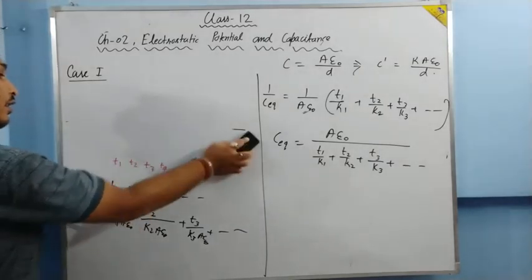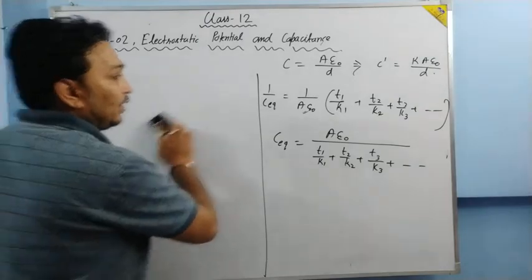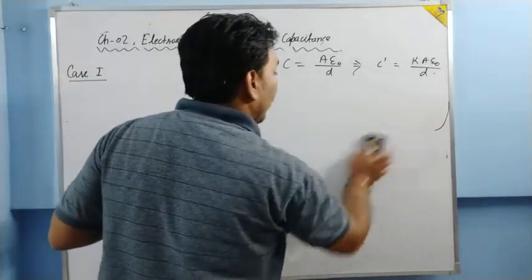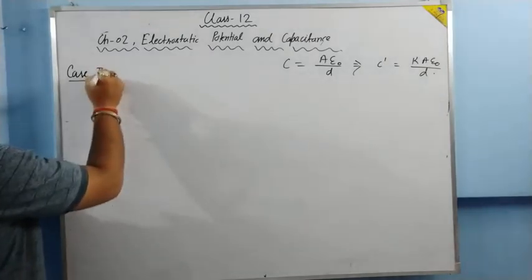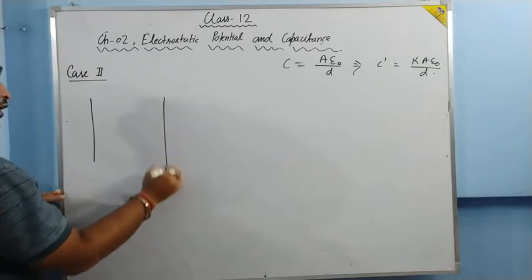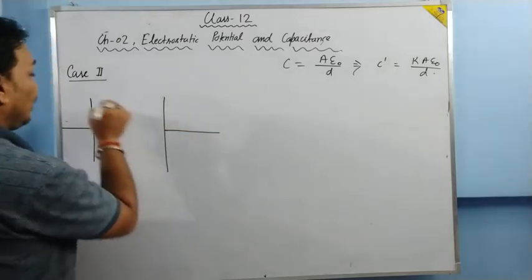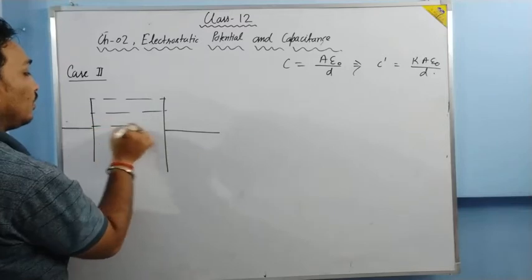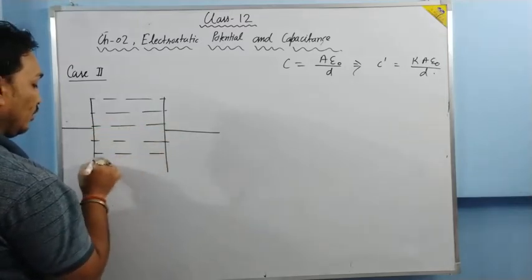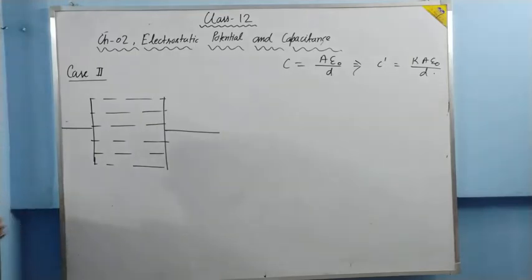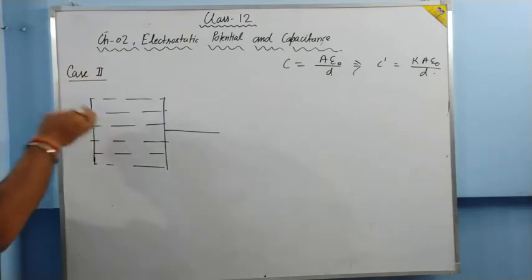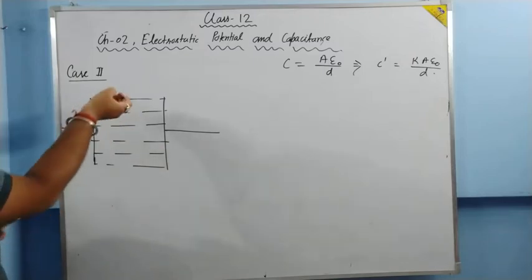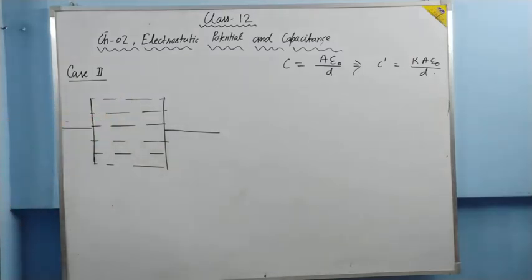One more thing is there. Suppose they are connected not in this manner but in this manner. Case 2. If the capacitor is like this and they are connected in this manner. You can see drawers, you can understand drawers. Drawers are there in the almirahs. So these are the drawers. We can take this out like this. Earlier it was like books kept in the shelf. Now it is like drawers. You can take this out.